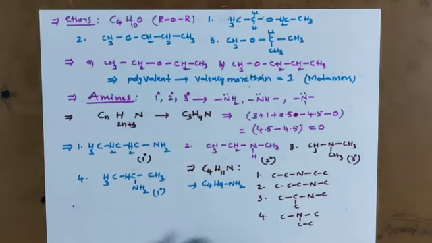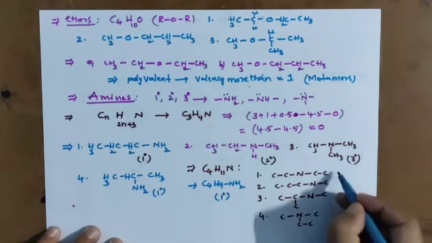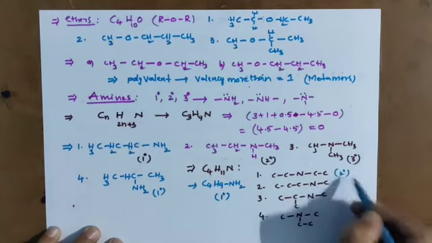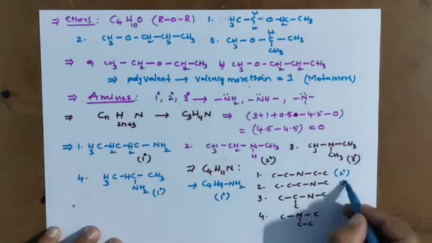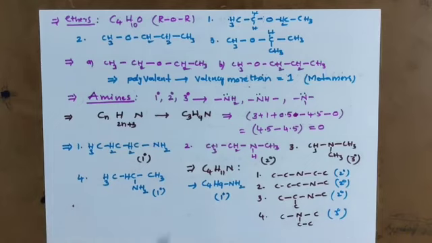So how many I got now? 4 I got. This is tertiary now. So how many I got now? This is one I got with 1 degree. This I got 2 degree. This is also 2 degree. And this is 2 degree. And this is 3 degree. So 1 degree, 2 degree, 3 degree.